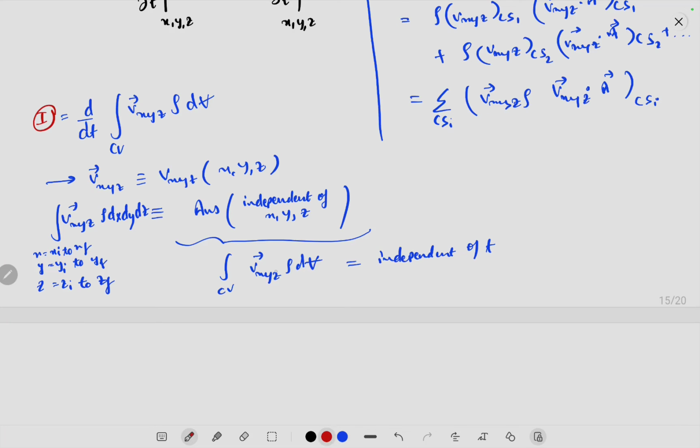Since neither of these three is dependent upon time. Why? Because I am given that the flow is steady, right? I am given that the flow is steady, then this V is independent of time, this rho is independent of time, and this dV